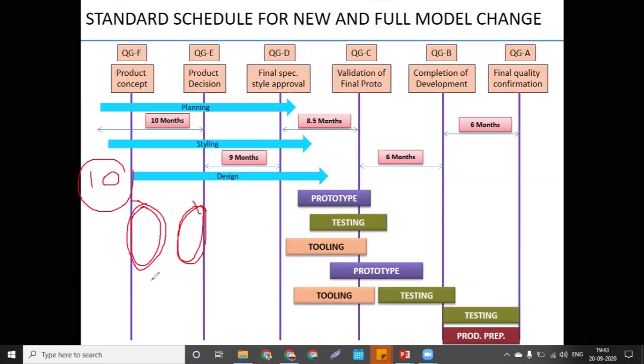Suppose you have not followed, in any OEM, they don't follow this kind of quality gates. Okay, so along with this PPT I am also going to give you one Excel file where the Bentley examples are there. So you will come to know the difference between the 2 different OEM quality gates. Now suppose one of the OEMs is not following this quality gate. What will happen in that case?